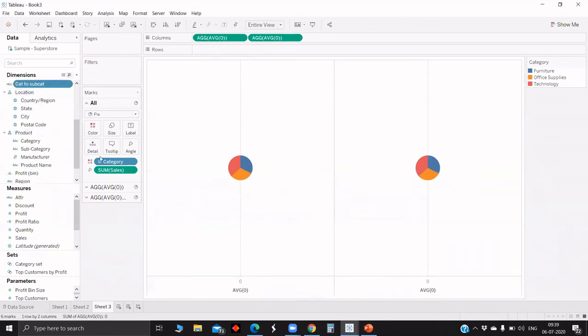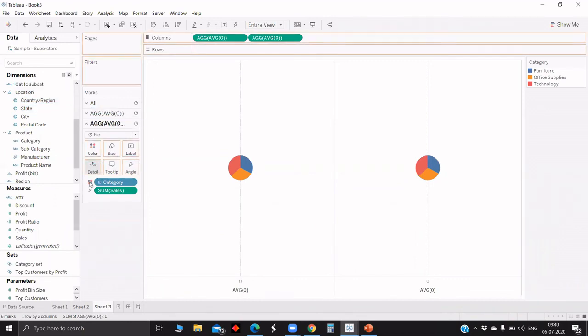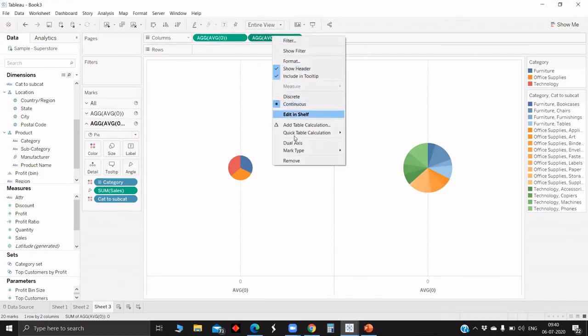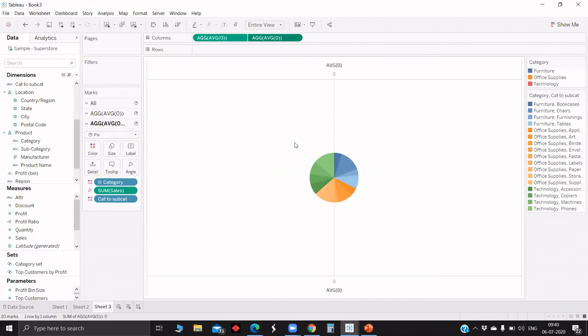So we'll pull this down into the second one which we have made in detail, then make it color, and increase the size of this one. Now dual axis.